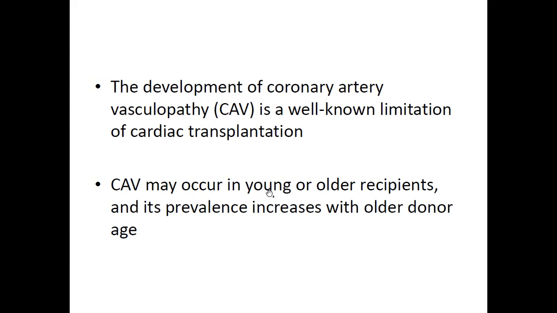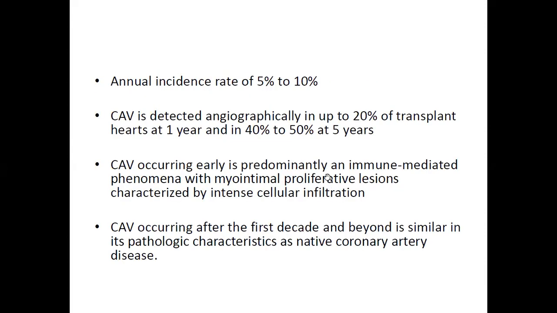It is frequently seen in both younger and older recipients, and its prevalence increases with older donor age. If the age of the donor is increasing, the frequency of this coronary artery vasculopathy also increases. Its annual incidence rate is around 5 to 10%. Coronary artery vasculopathy is detected angiographically in up to 20% of transplant hearts at 1 year, and in 40 to 50% at 5 years. So around 5 years' time, around 40 to 50% of heart transplant patients develop this